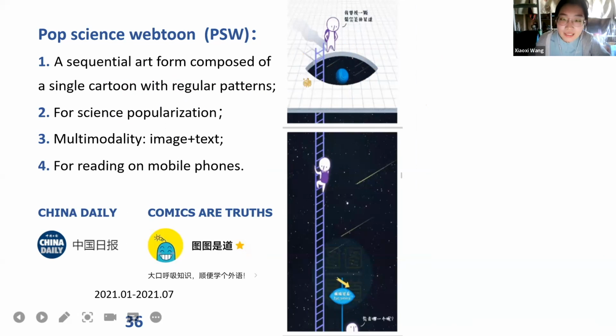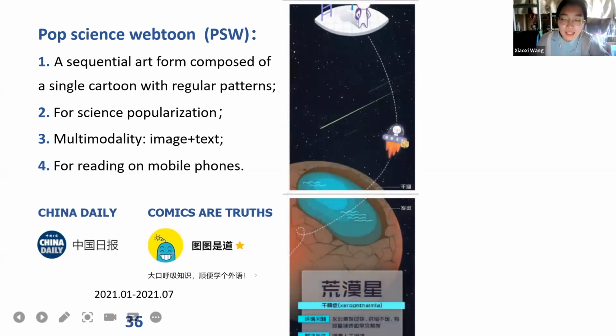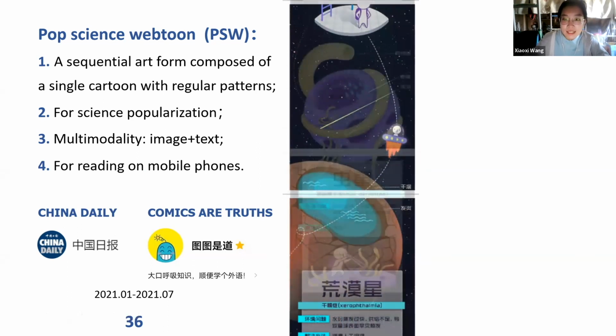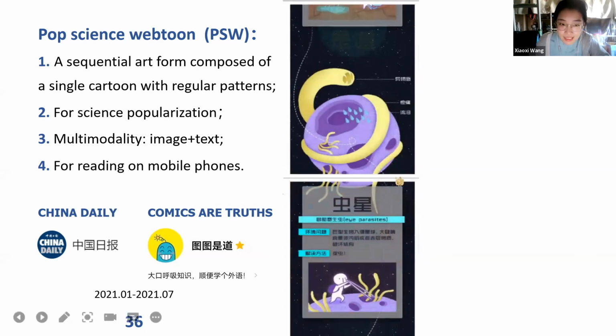Here you can see an eye-like shape, and inside the eye shape there's a planet. We can totally figure out that this is an eye, right? The boy descends down the ladder and, with his small rocket, comes to the first planet and then to another planet. On your phone, you can vertically scroll the screen to see what is going on